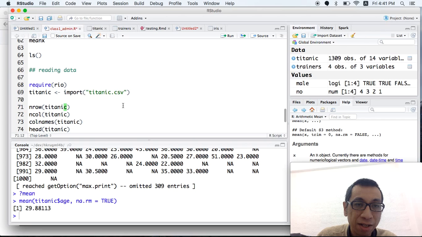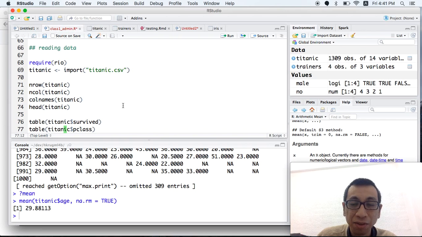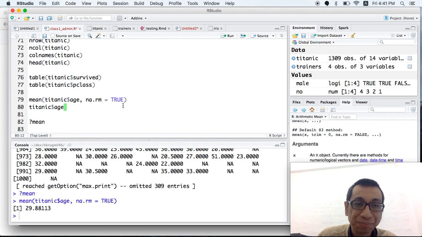And then you can read a CSV file into R using import from readr, and operate on a data frame or on a vector using some functions.